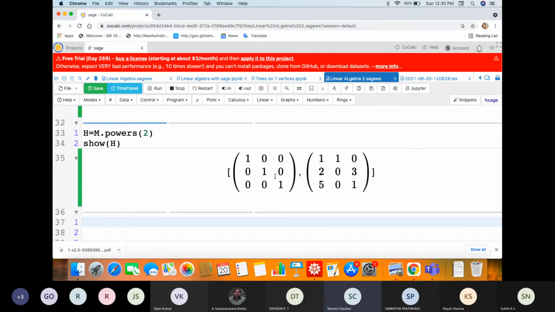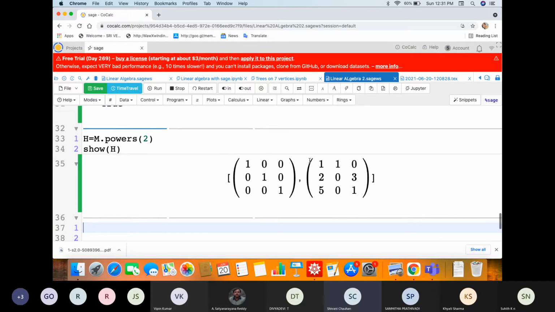Here this is the first power. So Sage, every time it is starting from 0. This is m to the power 0, which is the identity, and this is m to the power 1, that is the matrix itself. I think this is what we have given.